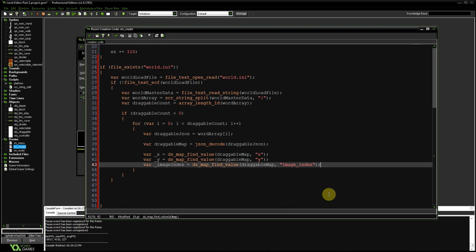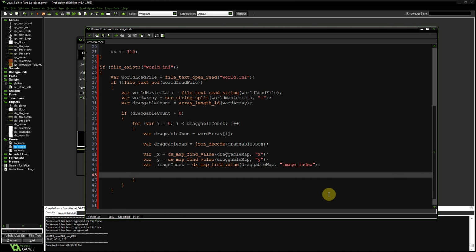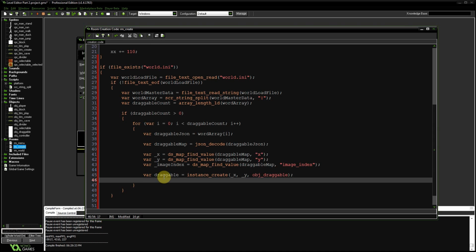Cool, so we've grabbed that x, y, and image index now as values. I can create my draggable. Var draggable equals instance create. I want to create it at point x and point y, and we want to say it's object draggable. There he is. And lastly, we need to set the draggable image index